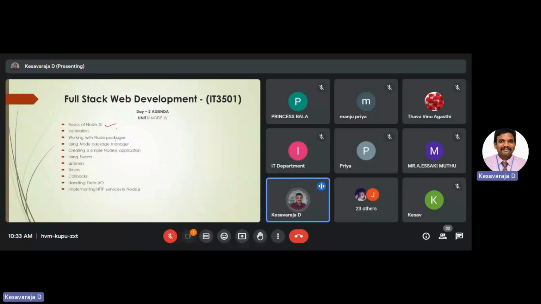So some basic intro: what is Node.js, why this framework is needed. Then the basic installation steps, how to install the Node.js package, the recent version being 20. Then working with Node packages, and how to manage these kinds of packages. Node.js comprises a variety of rich libraries, a collection of packages. So how to install a Node package, then how to manage the entire package manager, NPM, Node Package Manager, then